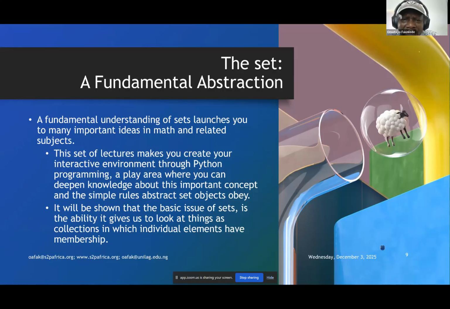A fundamental understanding of sets launches you to many important ideas in mathematics and related subjects. This set of lectures makes you create your own interactive environment through Python programming, a play area where you can deepen knowledge about this important concept and the simple rules that abstract set objects obey. It will be shown that basic issues of set